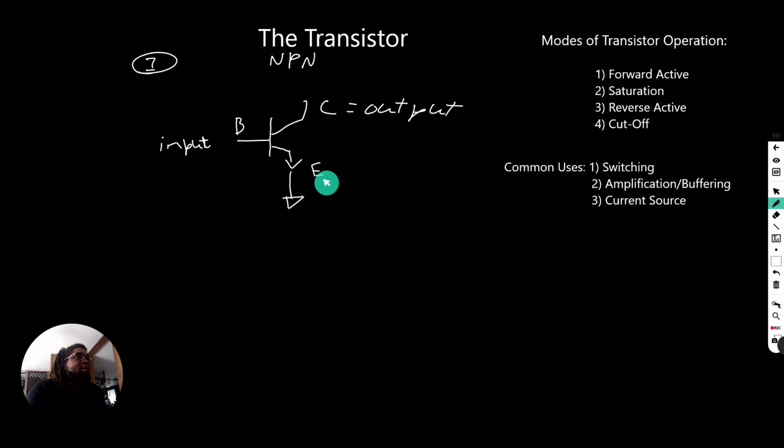They say common emitter because common is another word for ground. So when the emitter is common, this is what we have. Sometimes it can be called a collector output, right? Because the output's at the collector, and the emitter is grounded. So we're going to use that same scheme